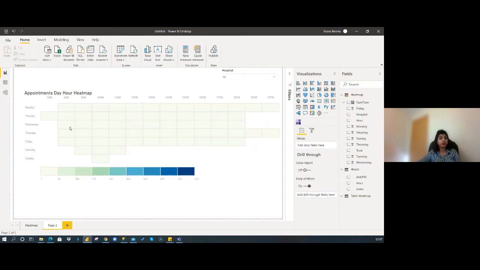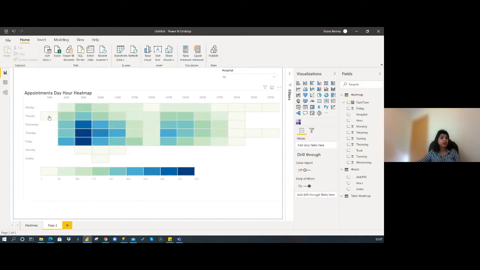If you want to check, sometimes you have data quality issues in your data. You can see that some GP surgeries are opening at 7 and closing at 8. That's normal. But in some cases we have data issues, like GP surgeries opening at 11 p.m., 6 a.m., or 5 a.m. That can be a data quality issue.